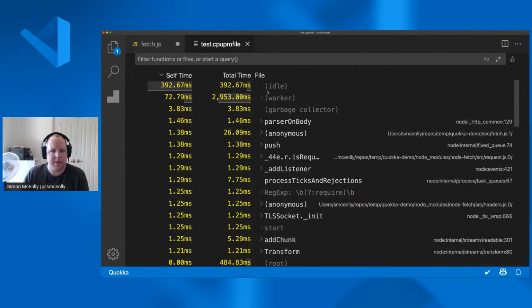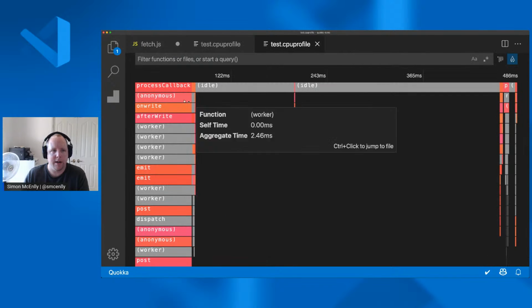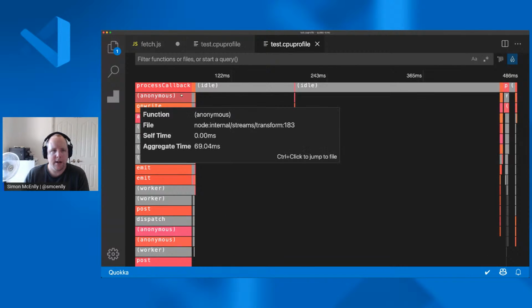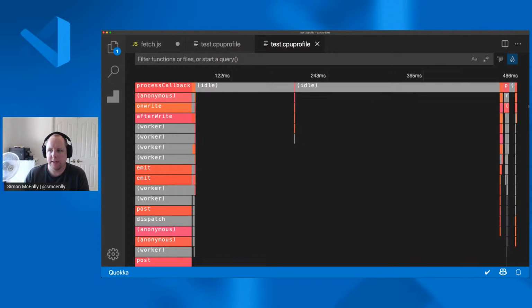And you can see a lot of that time was spent idle, which is probably what we would expect because we're making a network request. We know that Node.js is asynchronous, so it's not really doing anything while that network request is going on. So the majority of our time was spent idle. And if you have the VS Code Flame Graph extension installed, and the CPU profiler will actually prompt you to install it if you don't have it installed and you want to use this feature, you can click on the Flame Graph and you can actually see where the time was being spent.